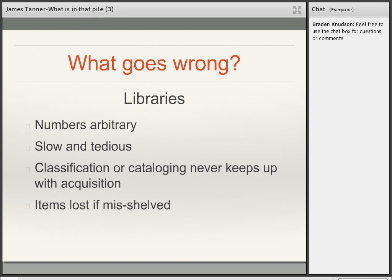Additionally, if an item is misshelved, it is generally lost. A library like the BYU library here employs people to do what is called reading the shelves. Their job in the library is to go down the shelves and make sure that the books are all in the right order. And if they find things that are out of order, then they're supposed to reshelve them. If you're in a large library like this, or like the Family History Library in Salt Lake City,